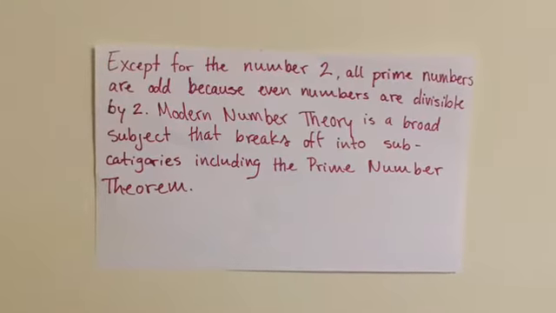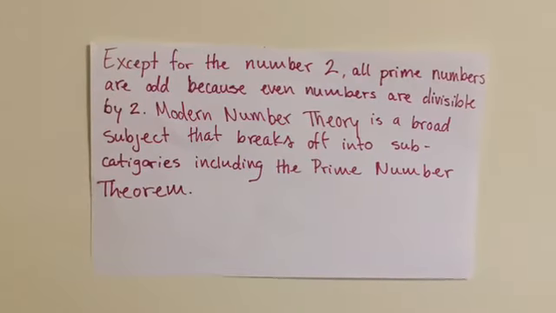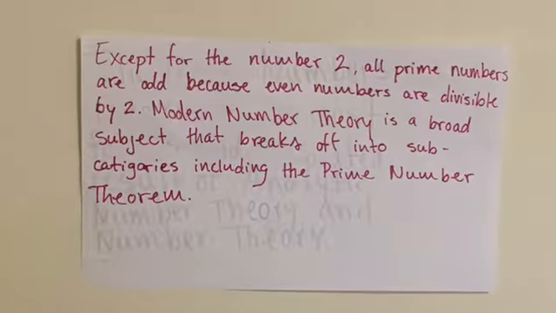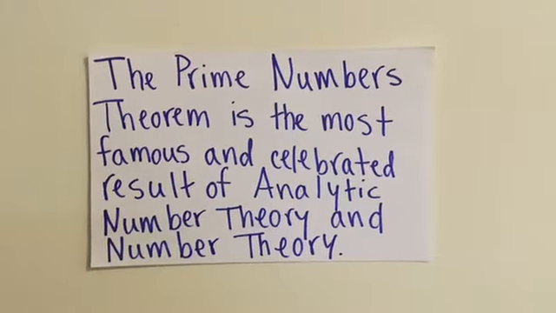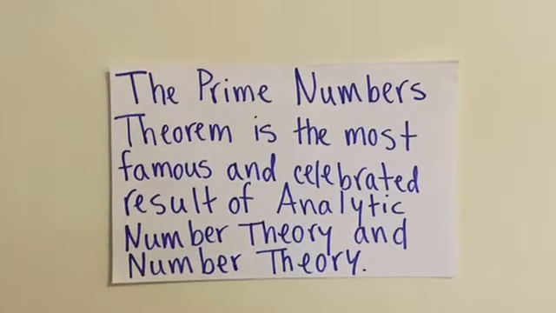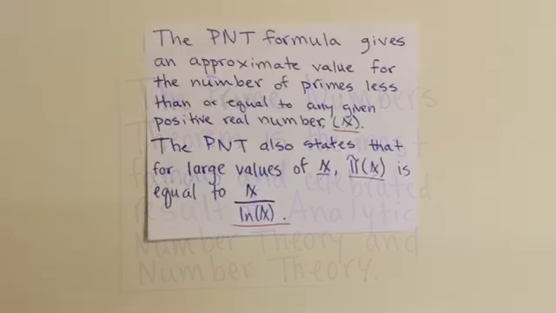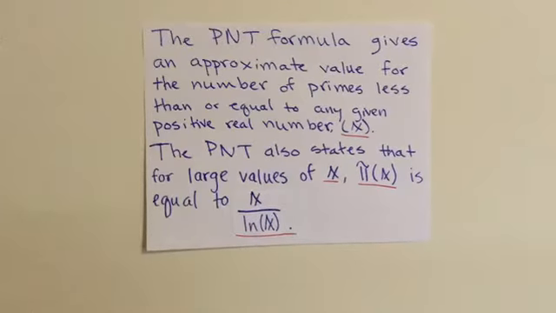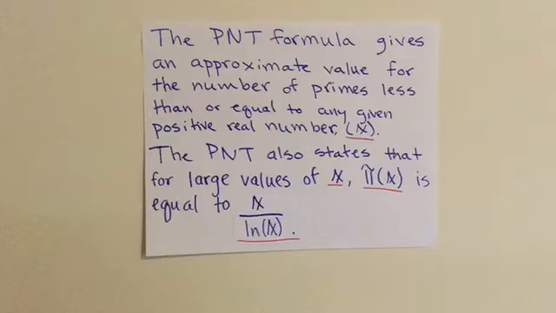Modern number theory is a broad subject that breaks off into subcategories, including the prime number theorem. The prime number theorem, or PNT, is the most celebrated and famous result of analytic number theory. The PNT formula gives an approximate value for the number of primes less than or equal to any given positive